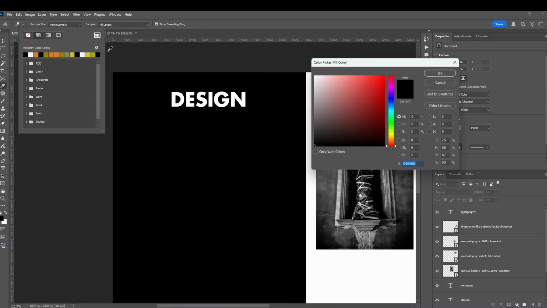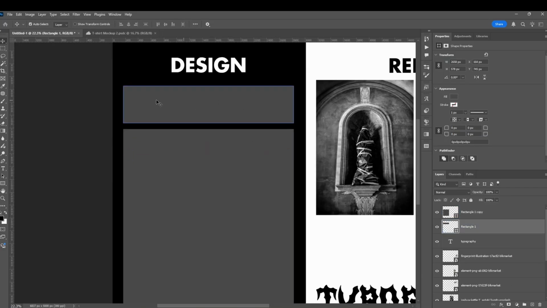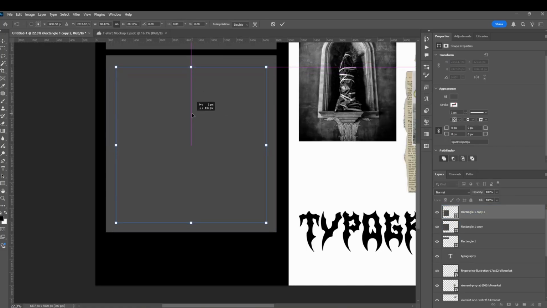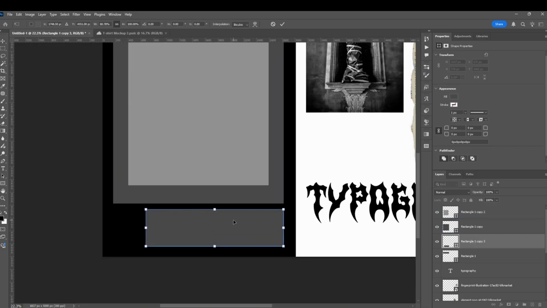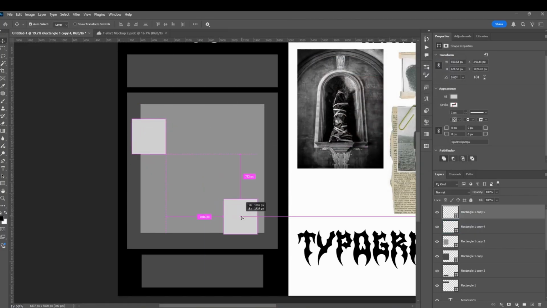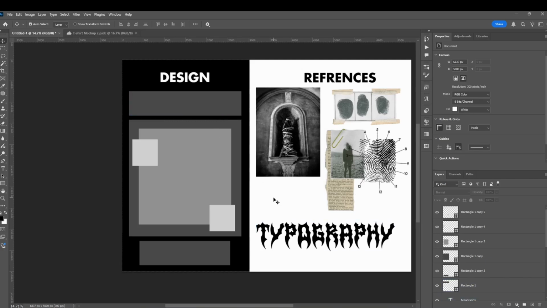Make this maybe like a gray and start kind of designing the layout that I like to be using. So this is going to be text, like the title. Maybe I wanted something on the back here. Let's make another one smaller, but also light it up a little. And this is gonna be like the subtext. Let's bring it to the middle and add 2 details on each side. This one here and maybe this one around here. So this is gonna be our basic layout for the design,